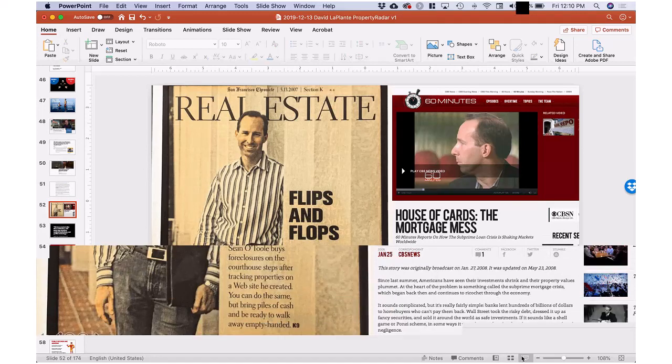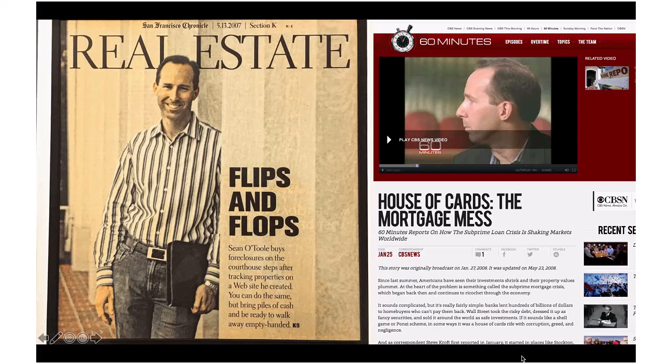Sean O'Toole here was a data engineer, a data nerd down in Silicon Valley in the late 90s, and he hit the dot-com bomb. He was working on the original Real Networks video players. He did okay with the Real Networks IPO, but the dot-com bomb left him in a tailspin, and he didn't know what he was going to do. So he crossed paths with a friend who said, hey, I'm doing this foreclosure investing. You should do that.